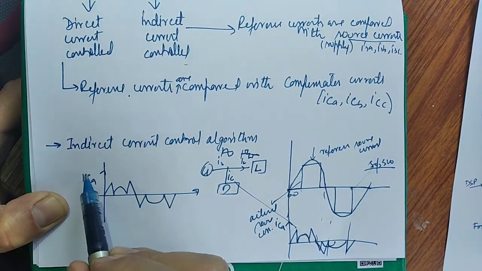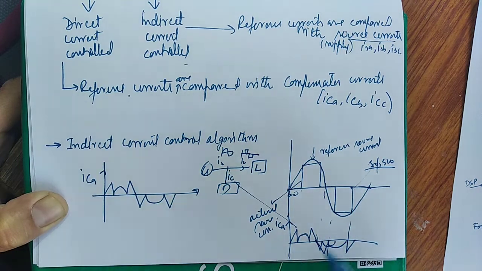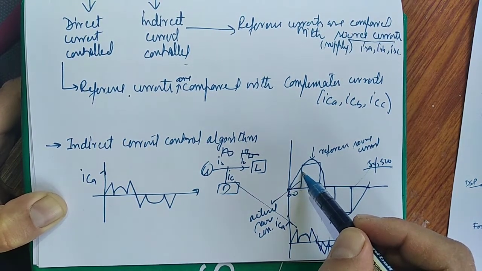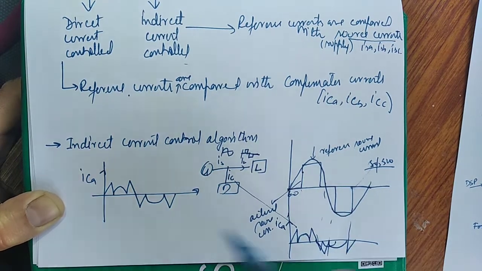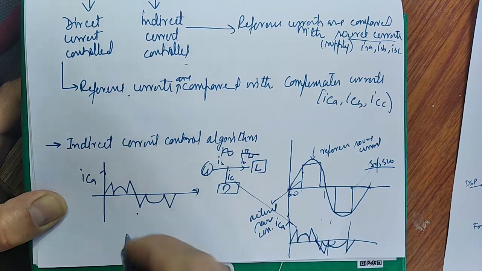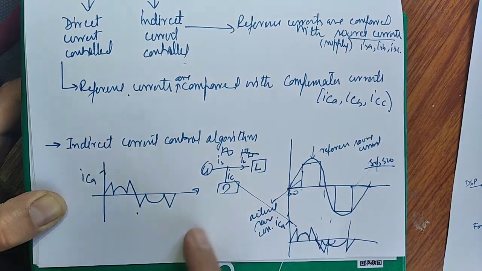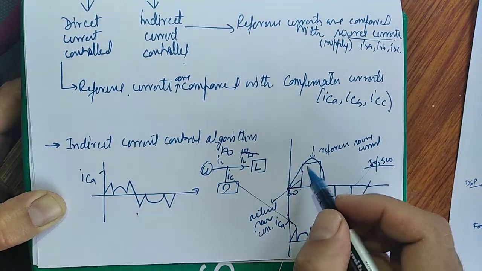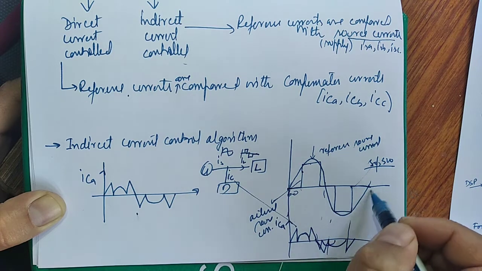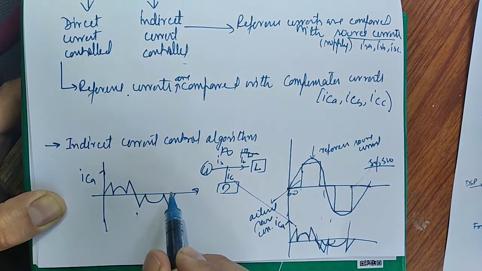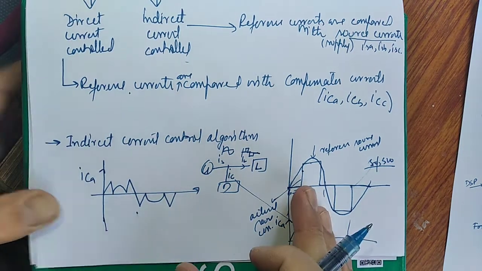This is the waveform of the compensator current. This is indirect control, because we are comparing the reference current with the source current. If it was direct control, the compensator reference minus this would be this current. So for direct control we should have the actual current or reference current of the compensator. But for indirect control we should have a reference of this one, thereby indirectly generating the compensator current. So this is how the D-STATCOM is working.